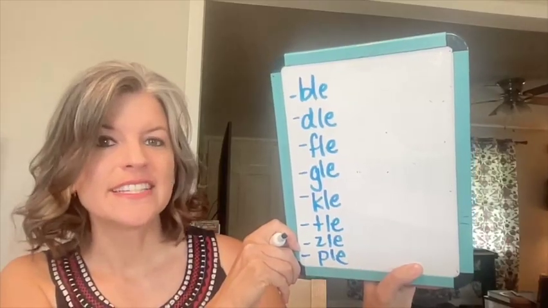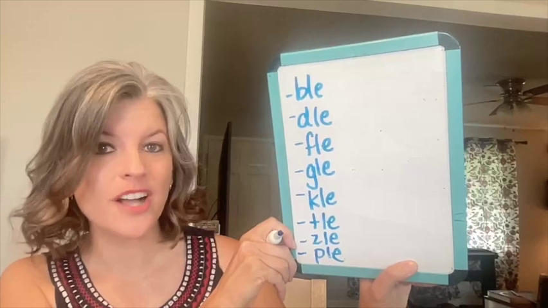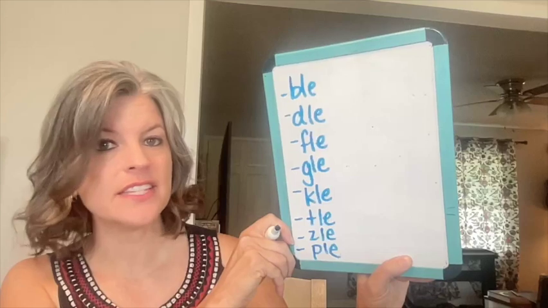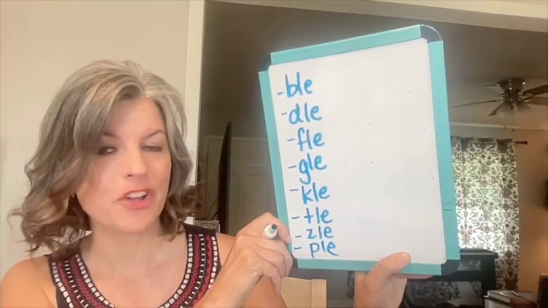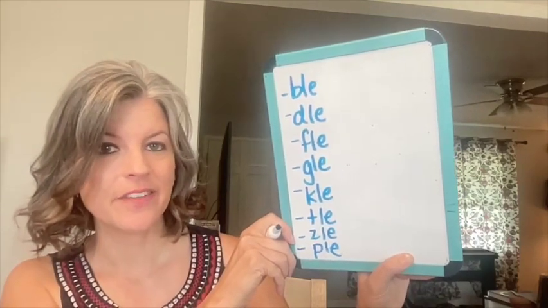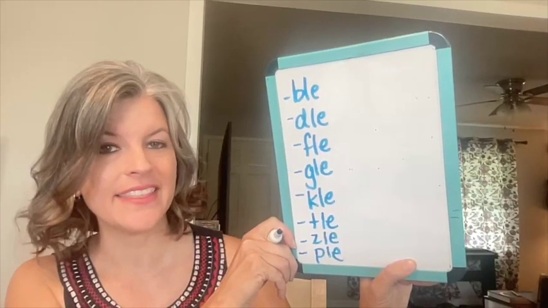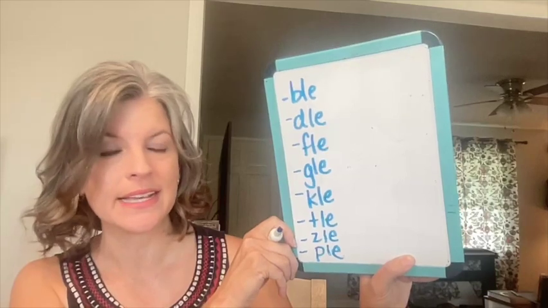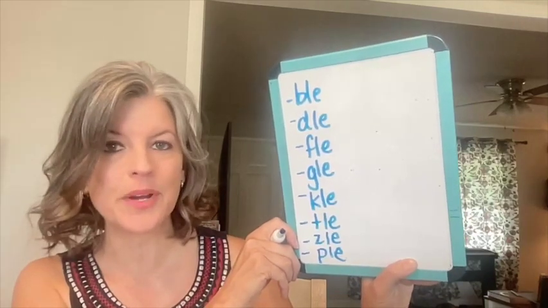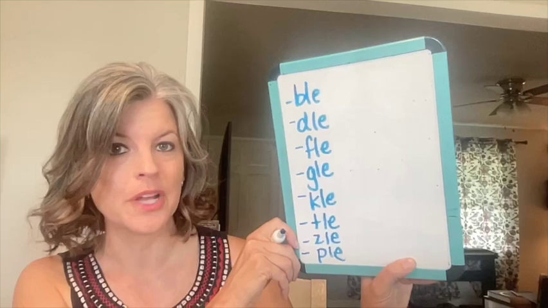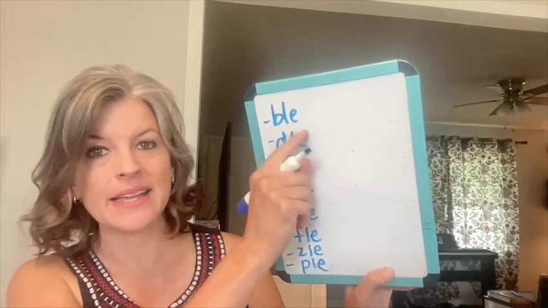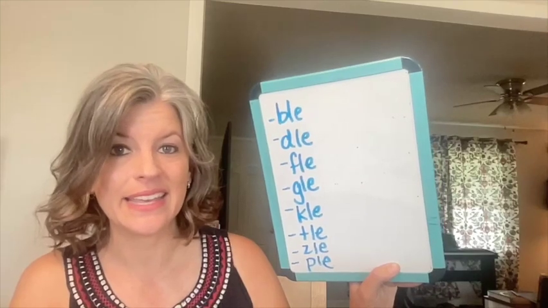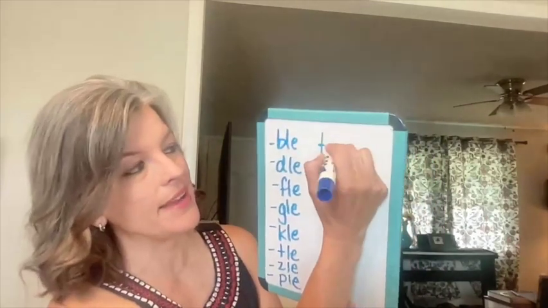Here are some of the examples of the consonant LE syllable type. As you can see, all of these have 3 letters with the consonant at the front, followed by the L and the E. So all of these are going to be in multi-syllable words. Some of them may only be 2-syllable words, and some of them may be more. So if I look at BLE, maybe you're thinking of a word that ends in BLE. One that comes to my mind is